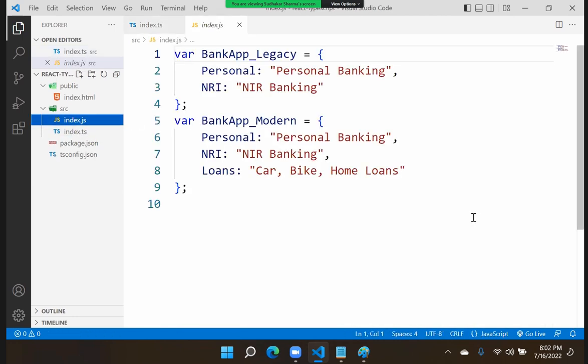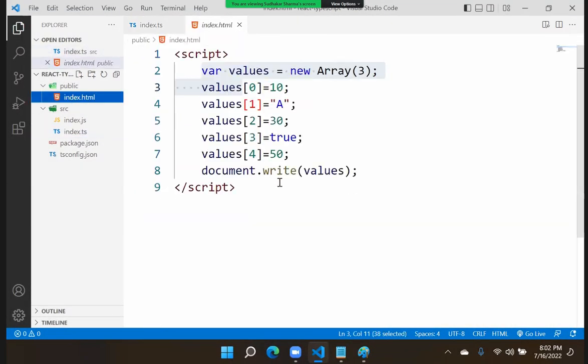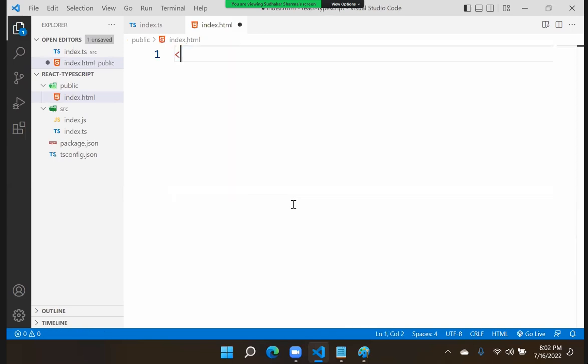You see there are no interfaces, only two objects. One is a legacy app, another one is a modern app. Directly objects, no interface, because there is no interface in JavaScript. That means it will provide these two according to the contracts. Then what we have to do in index.html, suppose I want to use this,